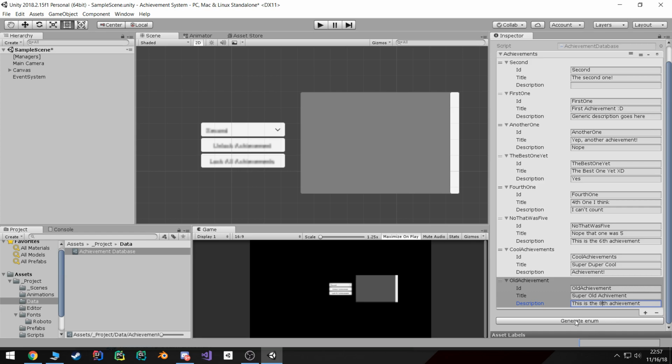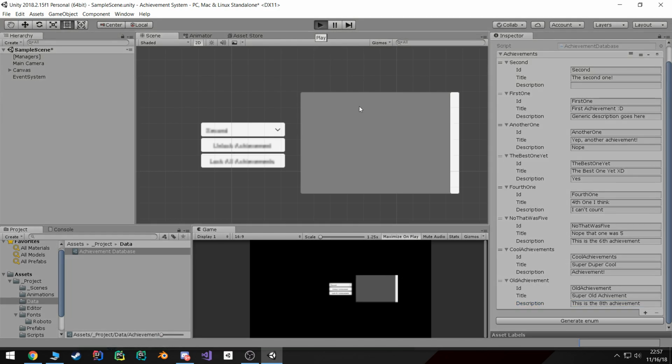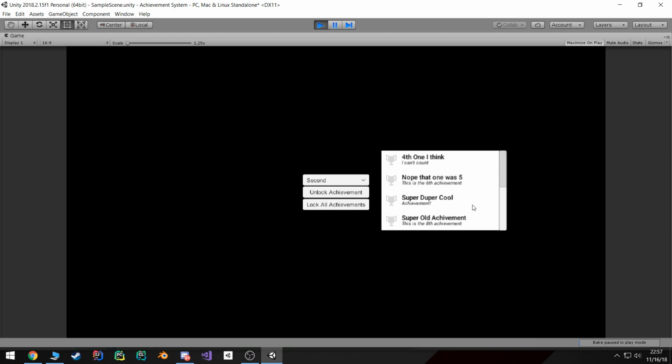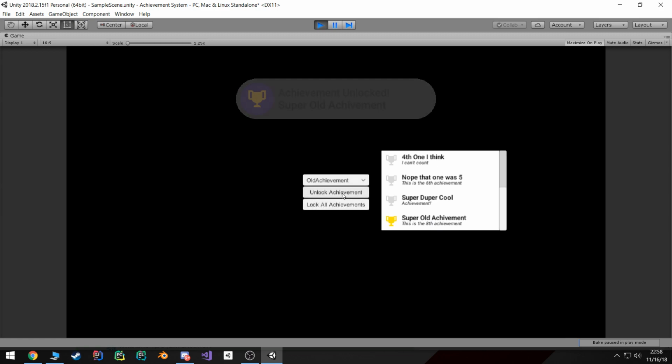Next thing we need to do is hit generate enum, however you want to pronounce it. When I hit play, as soon as it compiles, as you can see, the new achievements are now showing up here as well as up here. And I can again hit unlock,